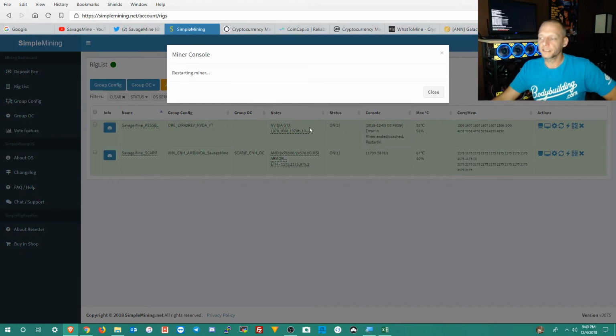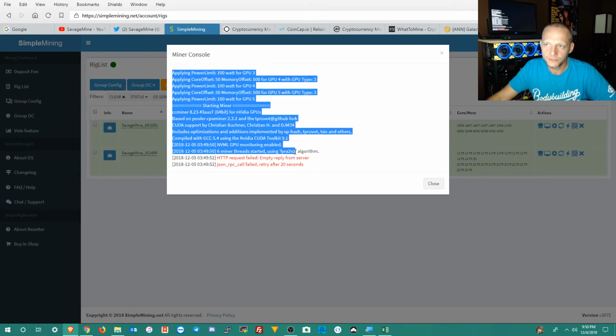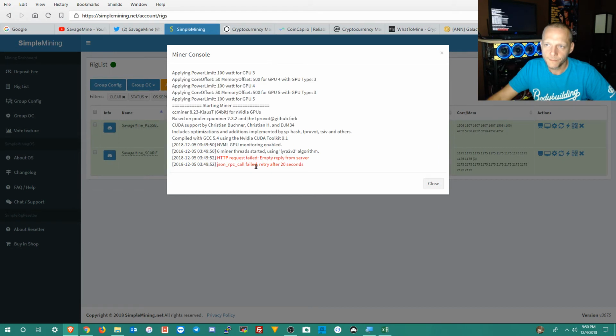And if that doesn't fix it, then we're going to have to head over to look at what the, okay, it didn't like that either. Let's see. Well, it kind of did. It says it's using that algorithm, so it likes the algorithm. HTTP request failed, empty reply from server. All right, so what I'm going to do is, because that miner, I have not